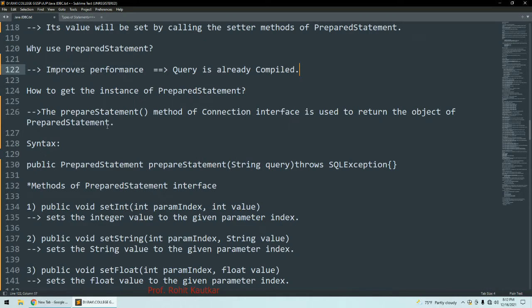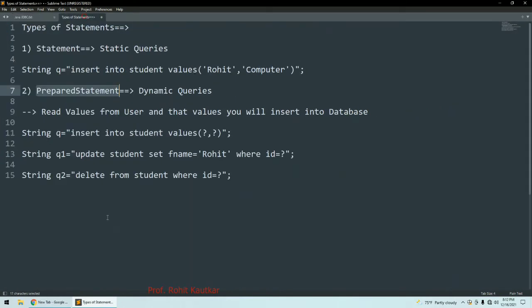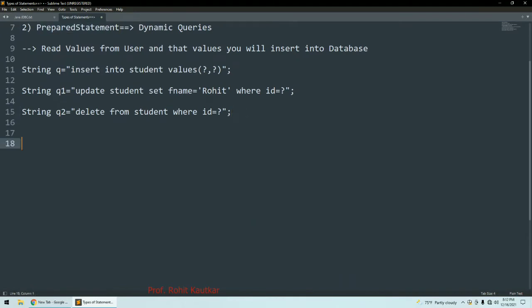Here you have to write PreparedStatement pst is equal to connection dot prepareStatement, and here you can pass your SQL query whichever you want.